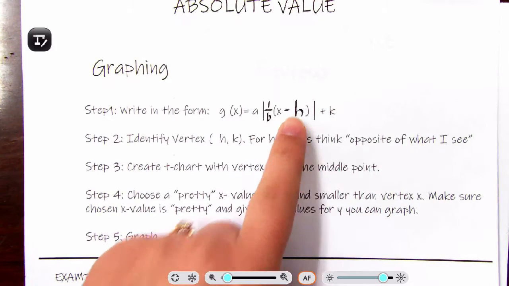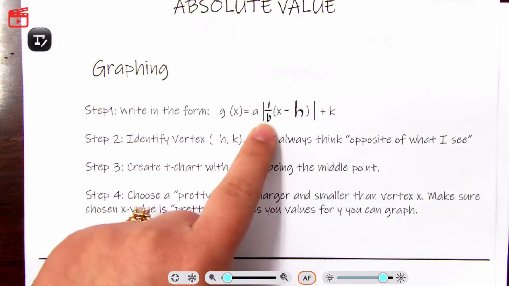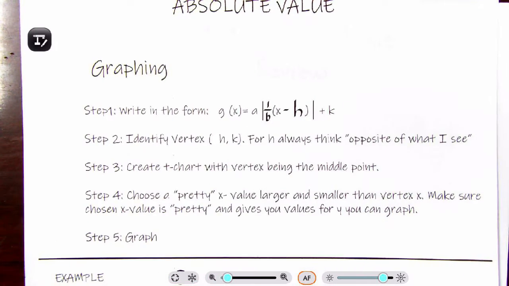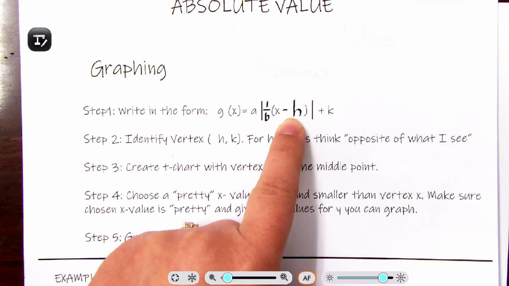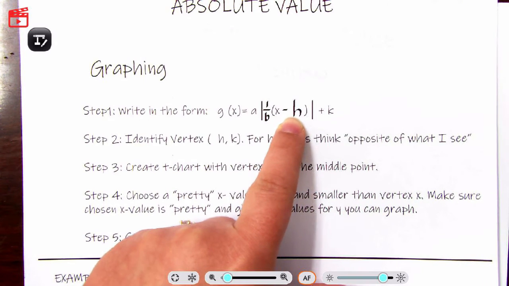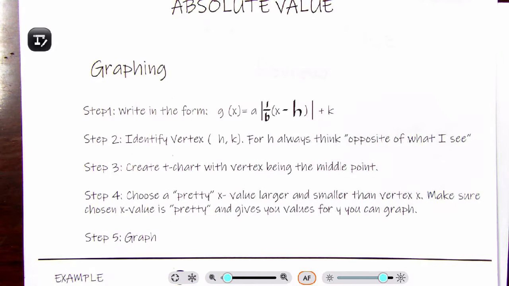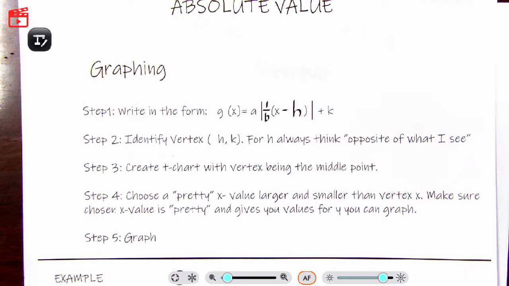B and h, I would say think the opposite. So if you see a fraction, you're actually stretching something horizontally. If you see a whole number, you're actually compressing it horizontally. H, I always say think of the opposite of what you see. So for example, if you see a -3, h is in fact +3. And h represents your horizontal shift. So if you see a -3, you're not actually going to the left for -3,